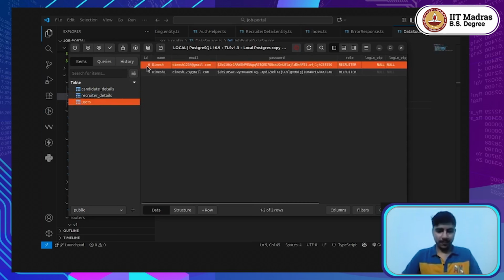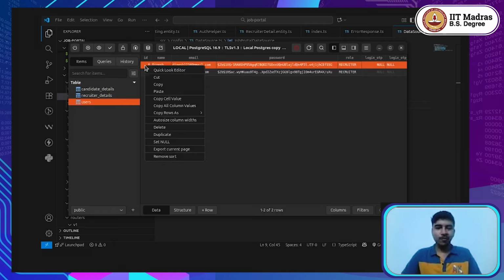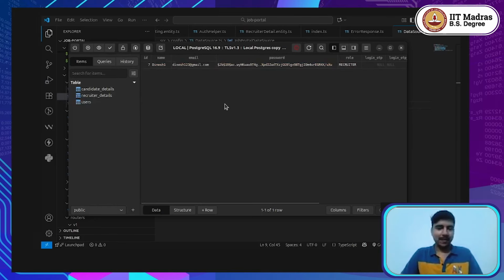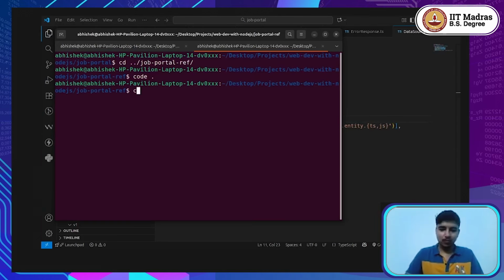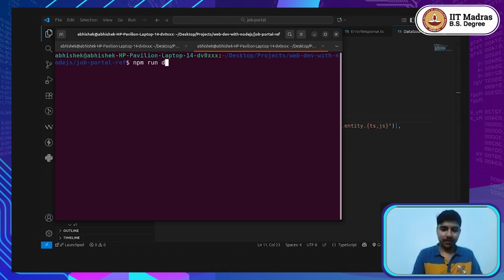All right, we might be able to get rid of the row having ID 6, since the respective recruiter details entity didn't get added in the table, because we didn't add the cascade option the last time when we created this user. So maybe I'll just get rid of this entry, and it's better to have a single user with the complete information in the system. Okay, so now I'll come to the terminal, and I would say